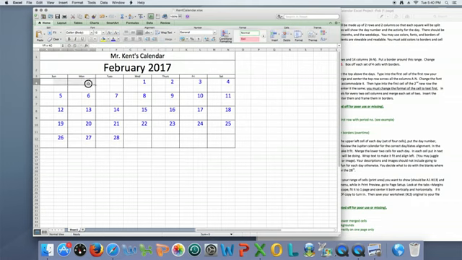Now, these 3 days before and 4 days after that are left over, it says down here in the instructions,